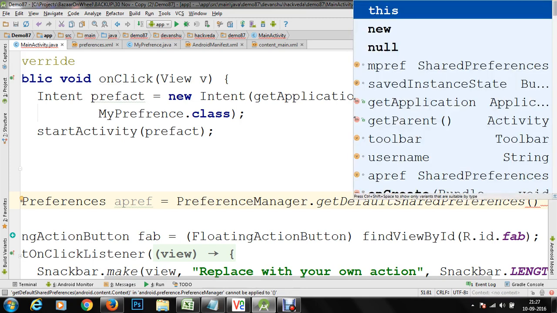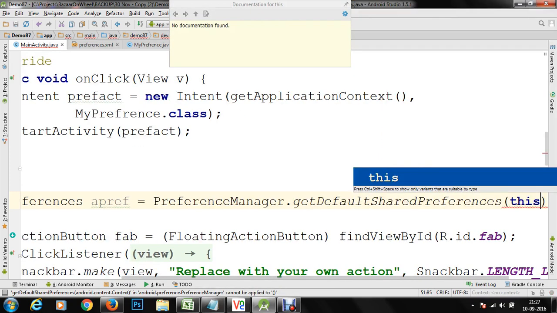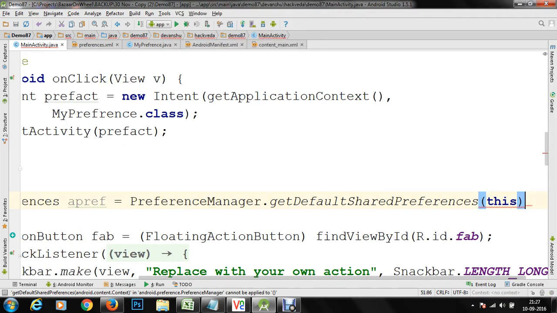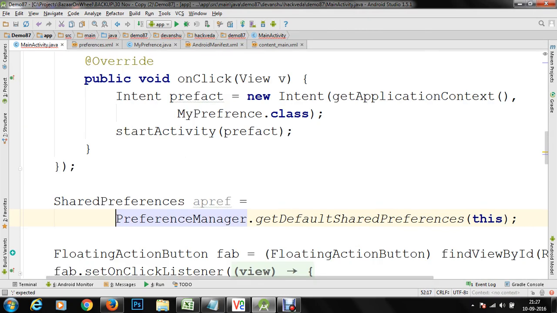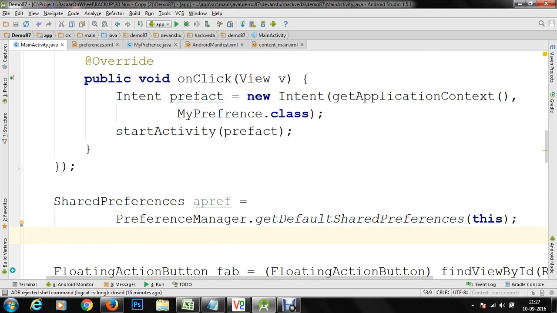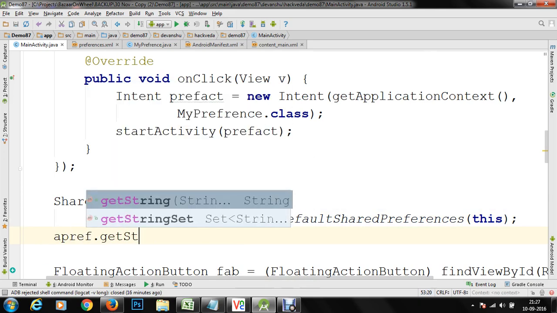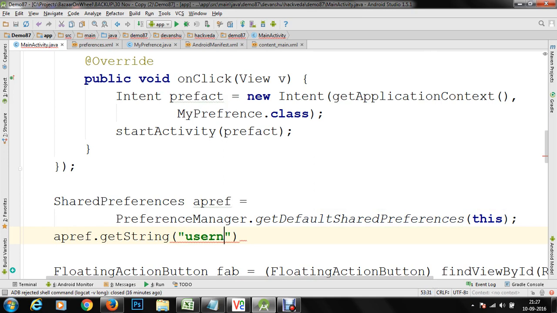Within this you have to specify the context from where you would like to get the preferences, and this will refer to the directory where your current preferences are stored, which refers to your package name. From this apref we are going to get the string information, and we provide the key username, which I specified in my preference screen for my edit text preference. If nothing is available, I'm going to display "not set", and store that in my string uname.